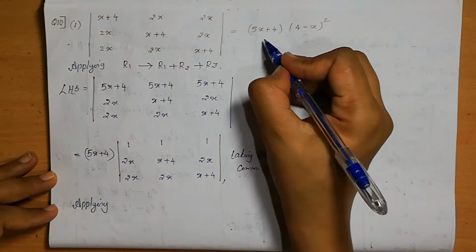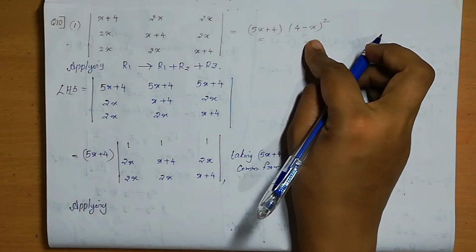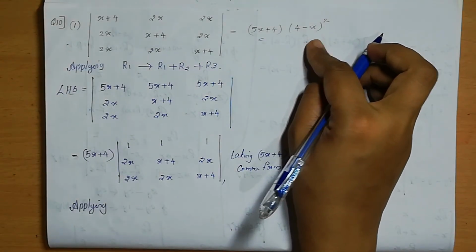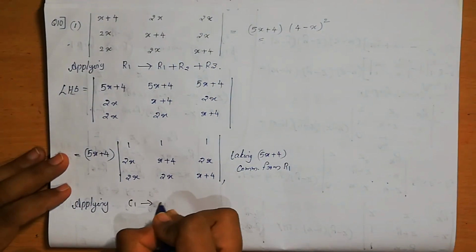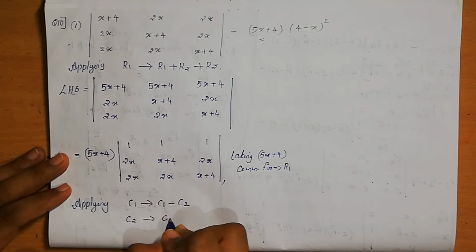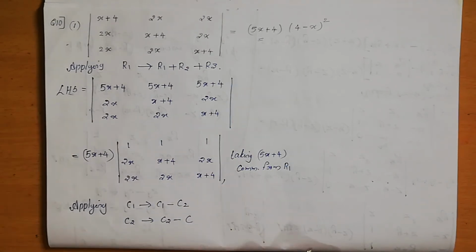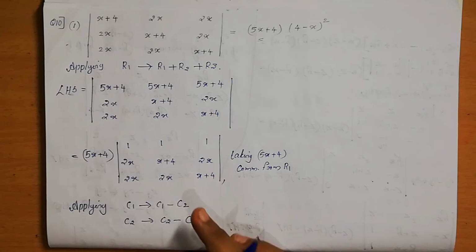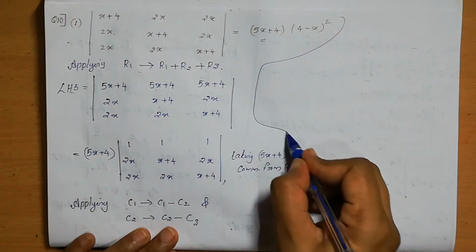Next, 5x plus 4 means one part we got. The next one we need to get by expansion only. So we are trying to make the maximum number of zeros in the rows or columns. So I am changing C1 to C1 minus C2 and C2 to C2 minus C3. C1 changing to C1 minus C2 and C2 changing to C2 minus C3. So this answer becomes